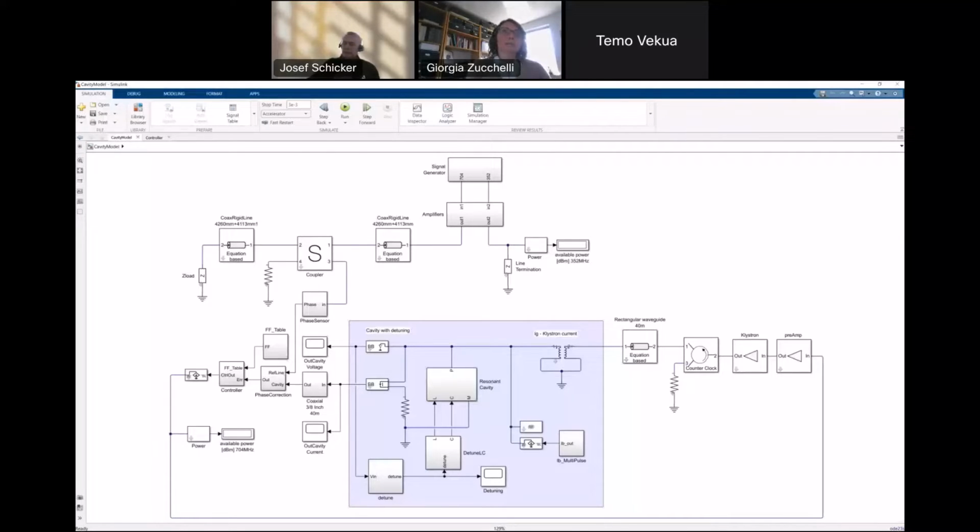So in this case, essentially, we use the reference and compute the difference between the phase of the signal at the output of the cavity and our reference phase to drive the control algorithms, so that it adjusts the excitation through the cavity. Next to this, we also have a resonant cavity that resonates as a function of the signal applied to it. But we also have a detuning mechanism due to the Lorentz force. In other words, the cavity gets disturbed, and the frequency and phase at which it resonates vary over time due to this detuning effect.